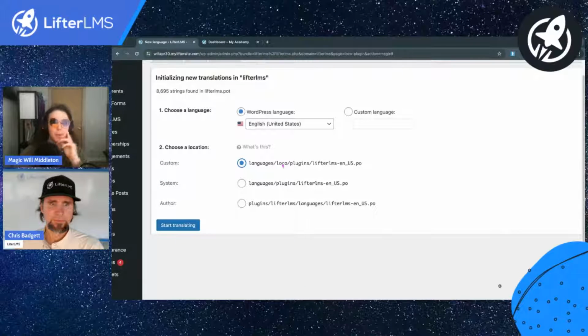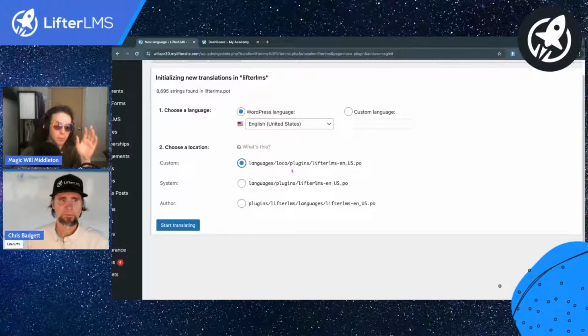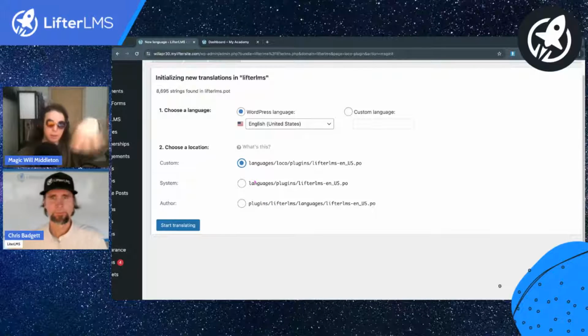And it's very important on this page where we say choose a location that we choose custom. This is going to store it within a custom folder on our website that will not be overridden with updates. If you store it within the plugins, LifterLMS plugin, we're going to release an update that doesn't include whatever changes you made. It'll get overwritten on system updates. So always store it in custom. So we're going to do English custom,